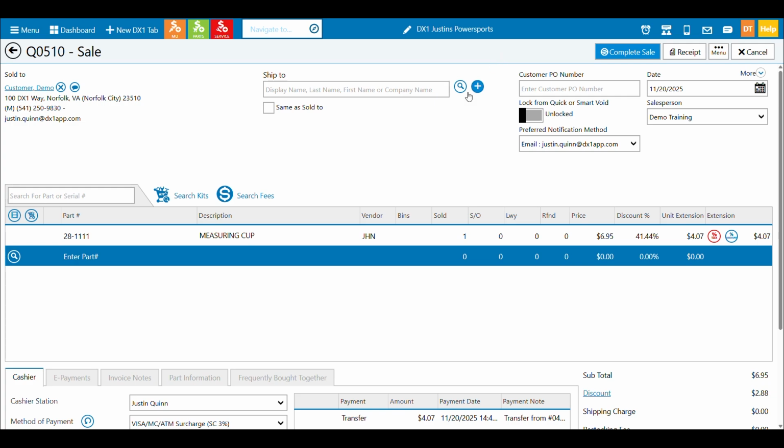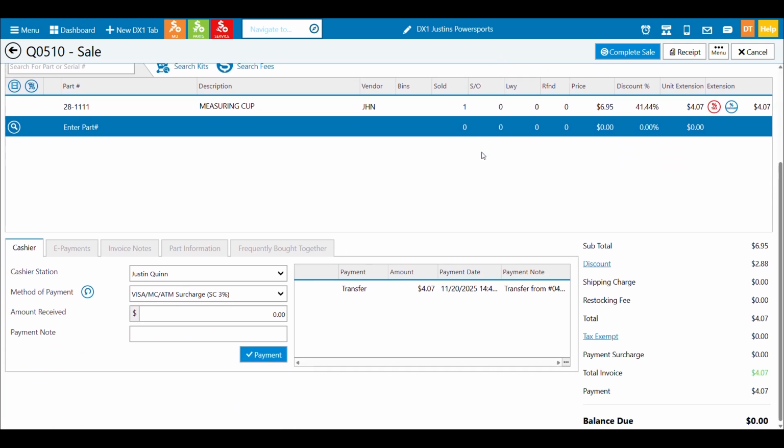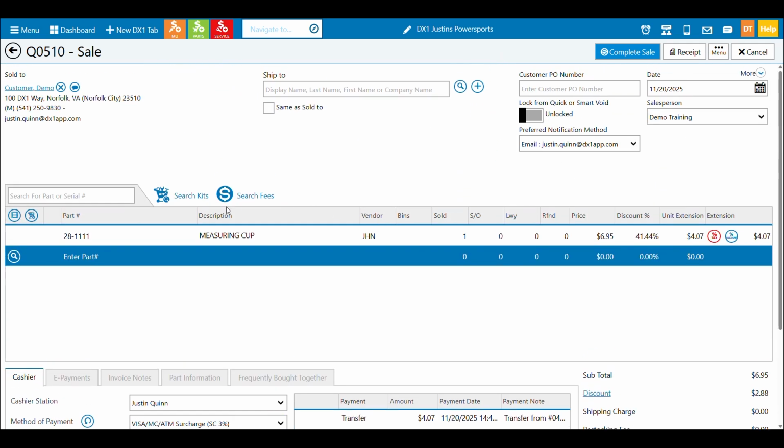And I could have now brought this invoice in here as well. And I can complete my sell. So those are some of the components there of the menu drop down. And again, depending on the state of an invoice or other conditions, you may or may not see some of those options. All right, so those are our top components in terms of our buttons. Cancel will obviously take you out of the RO and bring you back to the screen.